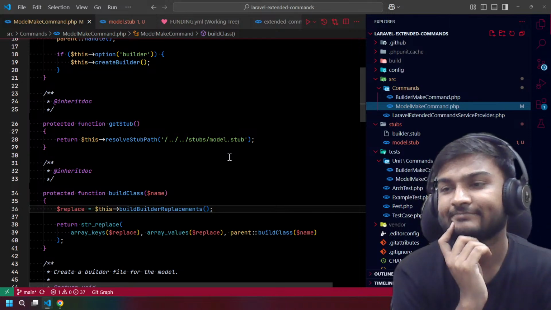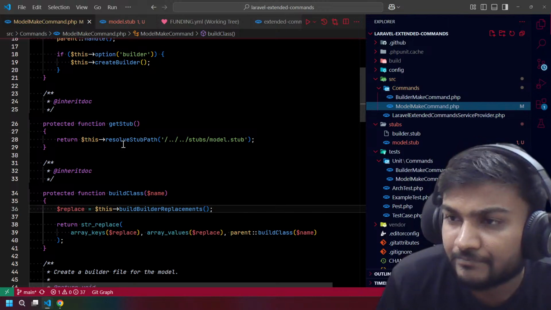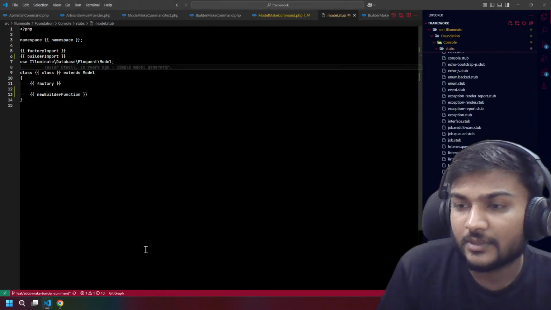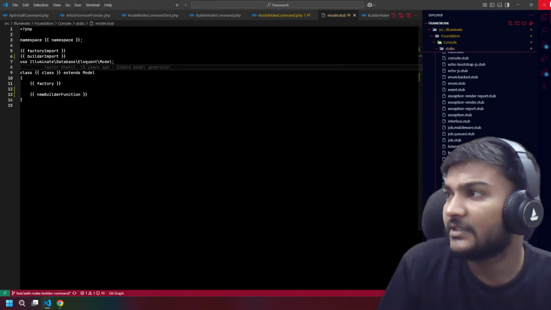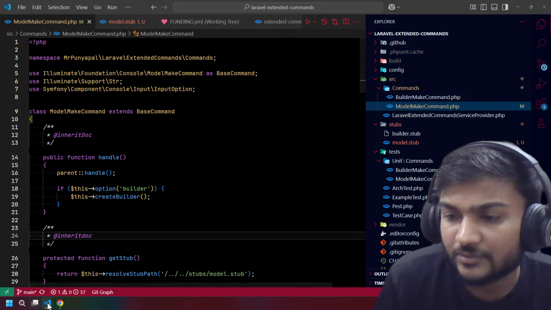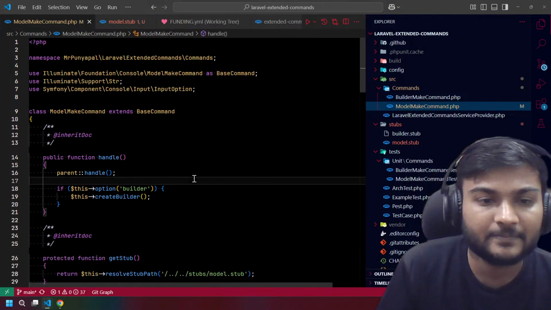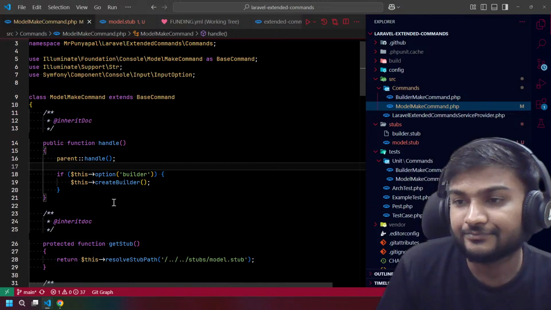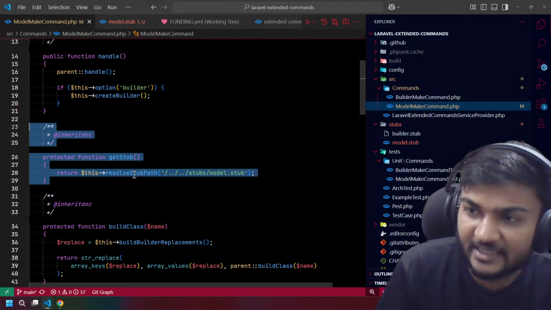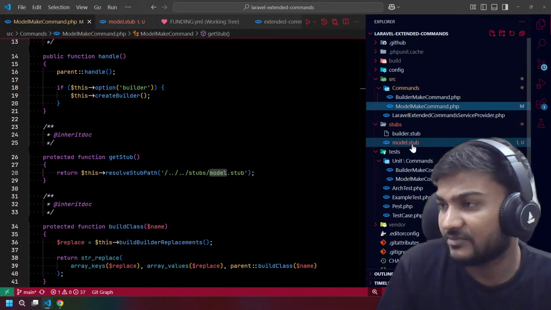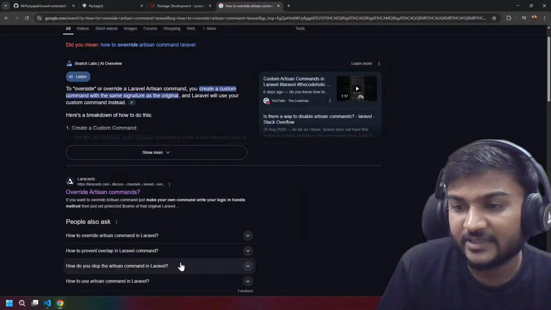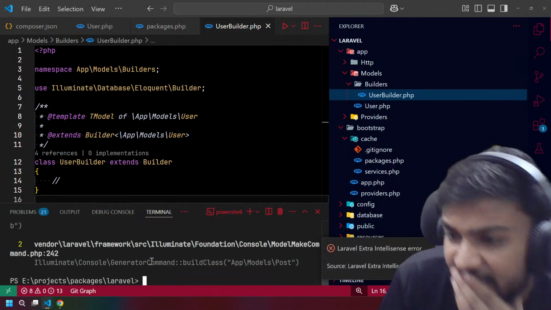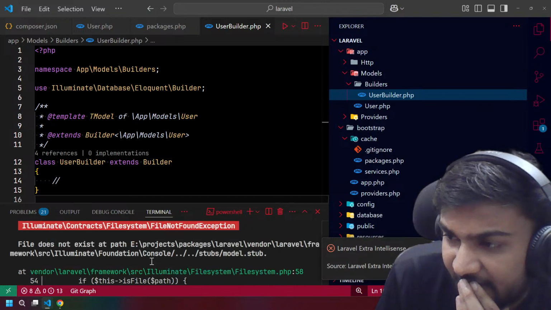I think we should close this so we can have some space. So guys, it is saying that we don't have a model stub, but we do have the model stub. Why is it doing that with us?